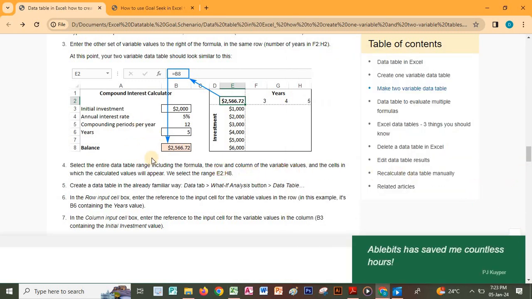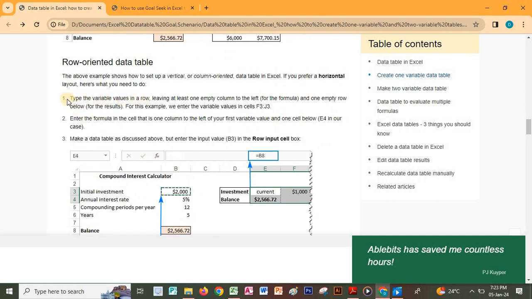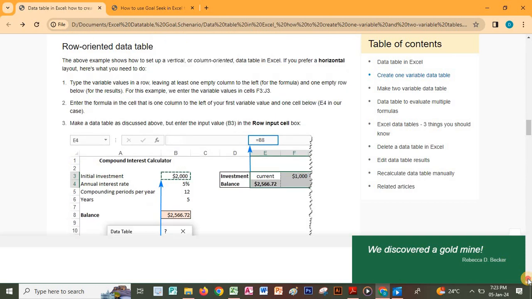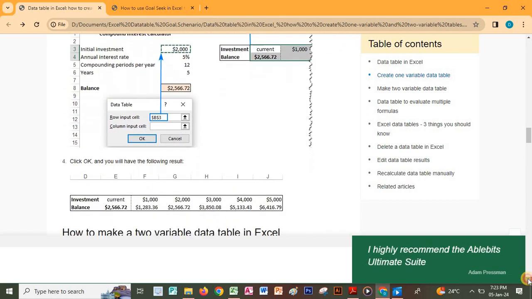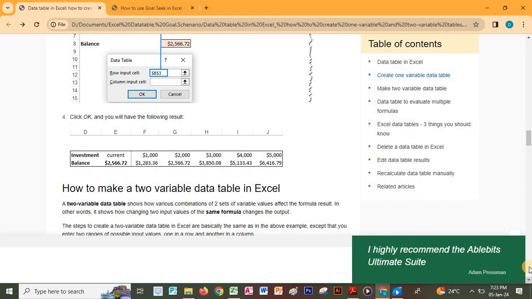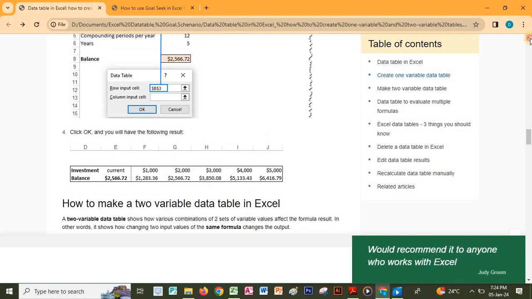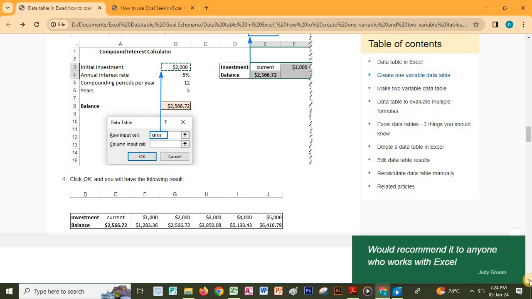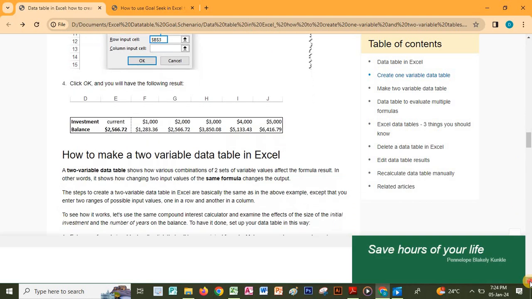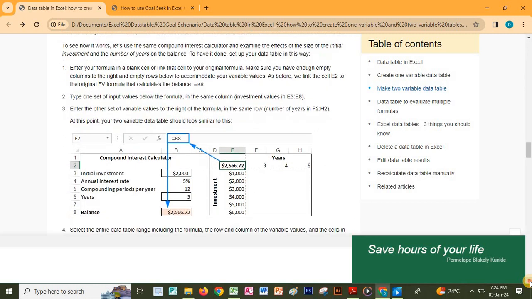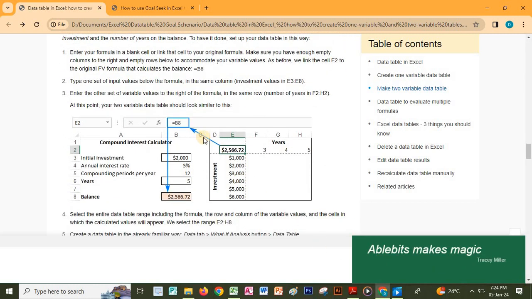So we are going to follow the steps as you can see them listed here. So step 1, you type everything, enter the formula where it's required, make a data table as discussed above. Let's see, and then click OK. Now what are we clicking OK? That is not that, it was here. So enter your formula to pick data from here, and then type one of the input variables,